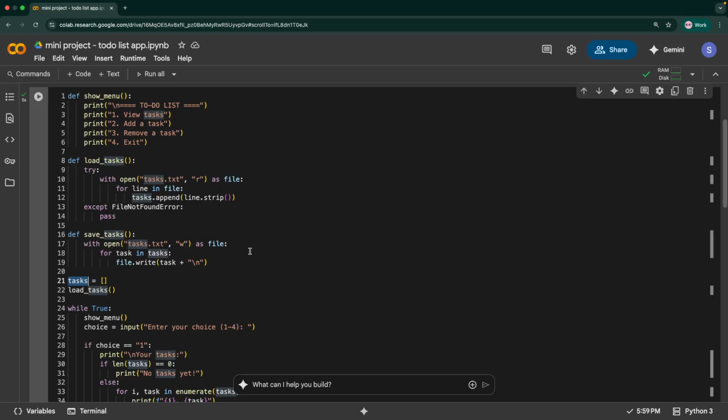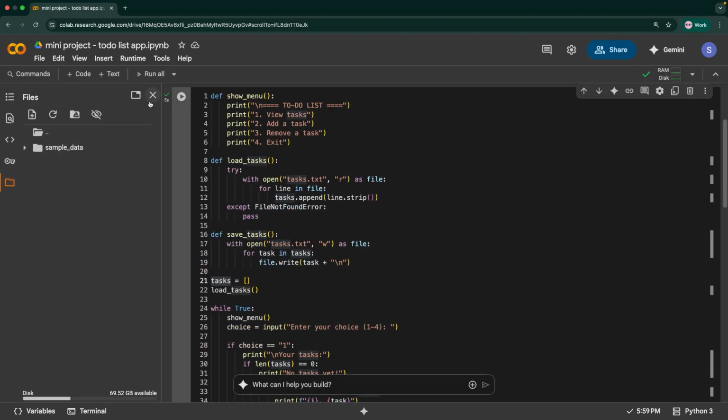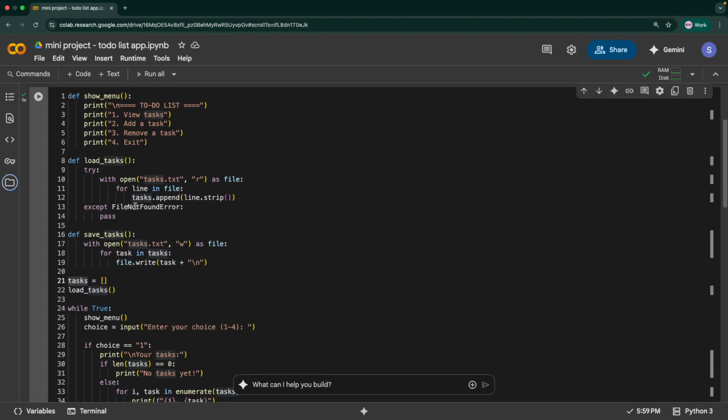So if the file doesn't exist, like the first time you run it, the file is not there. In that case, an exception would be raised. This FileNotFoundError exception would be raised. So whenever this exception is raised, we pass. That means it would just skip this and go to the next iteration of the loop. Okay. So basically what we are doing is, if this tasks.txt file is present, read this entire content